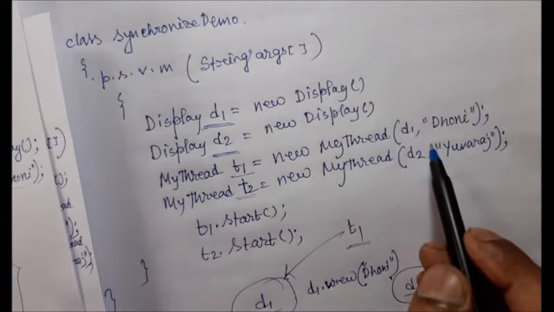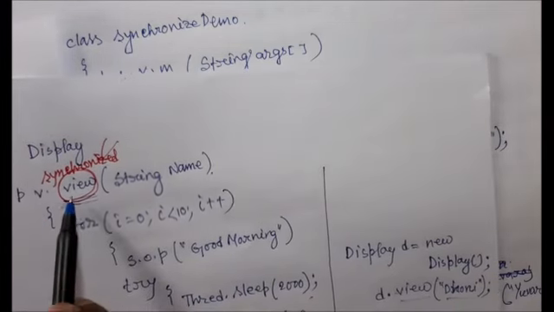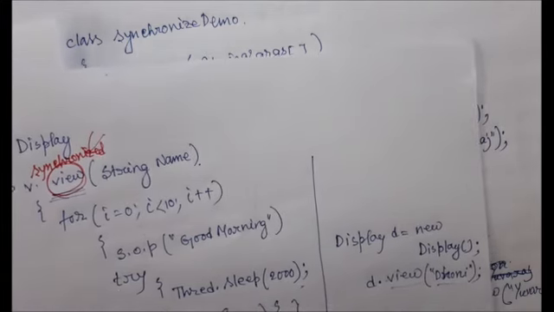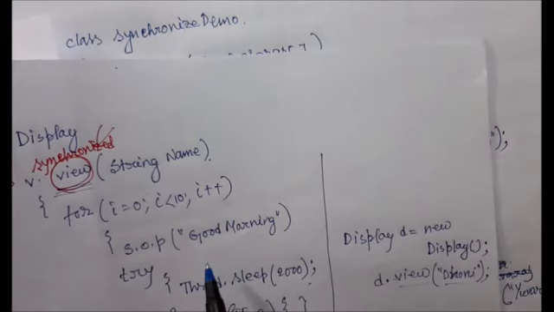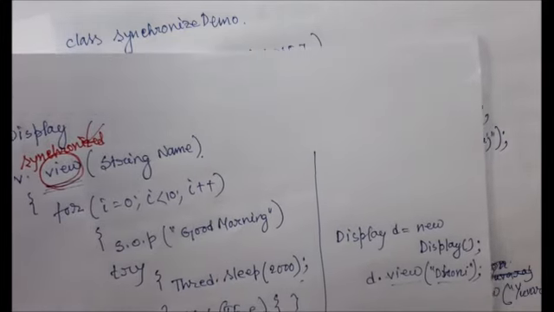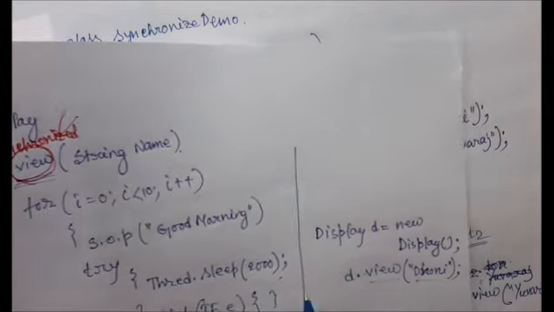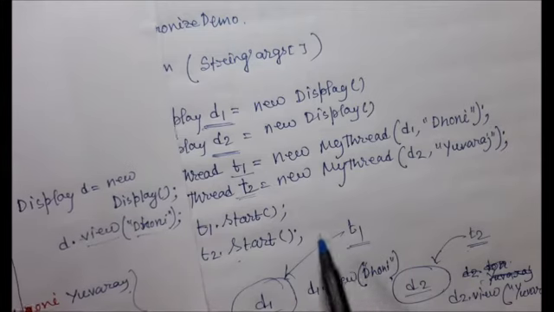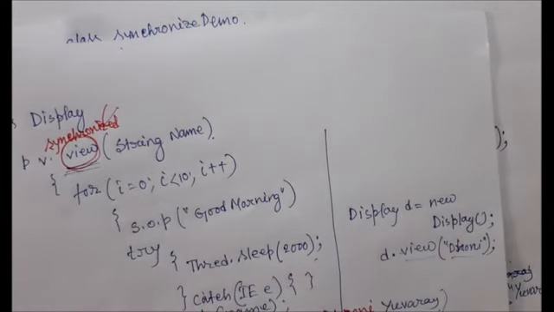It will call the public synchronized void view method, and then it will run the loop: i equal to 0, i less than 10, i plus plus. It will print good morning, then after 2 seconds it will print Dhoni, then again good morning Dhoni. In the meantime, t2 will start, and t2 also will call this public void view method, because there is no concept of